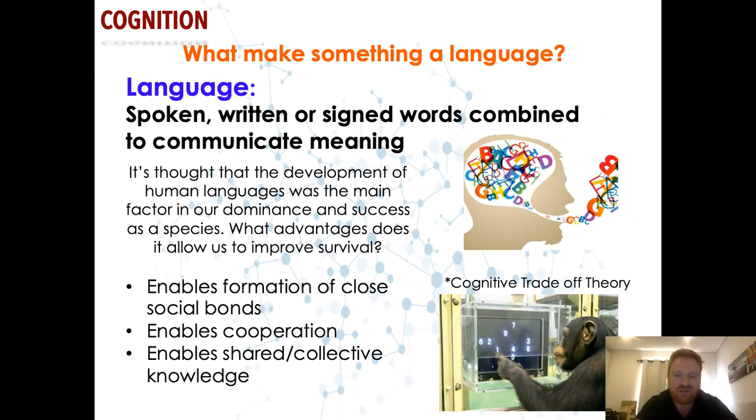They have a cognitive ability that we literally don't. We think of ourselves as being the most cognitively advanced species on the planet, and we are for certain things. But in this task, we can see chimpanzees are dominant. So one of the ideas is that whatever area of the brain they're using for that, we, instead of using that area of the brain for that type of memory, have altered our brains through evolution. We've traded off that extremely high-powered short-term memory to be able to have language abilities, which the chimpanzees don't.